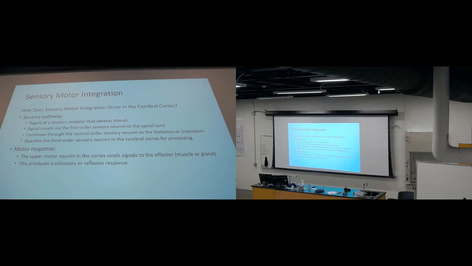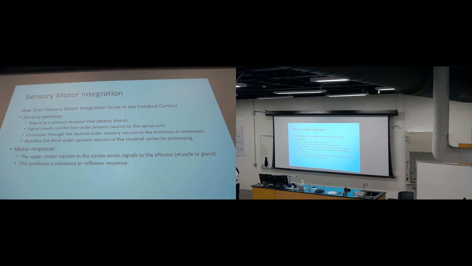And then your motor response will start, in the case of voluntary movement, in the prefrontal cortex, just ahead. It's in the frontal lobe, ahead of the primary motor cortex, which is in the precentral gyrus. So you start thinking about what movement you're going to perform, and then you send that signal into the primary motor cortex, and then you start sending that information from that upper motor neuron into the lower motor neuron, and